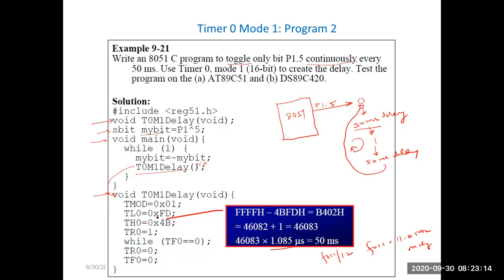TL0 is equal to 0xFD, TH0 is equal to 0x4B, which means TH0 and TL0 are loaded with initial values 4B and FD. This is calculated using this formula. In hex, this formula is